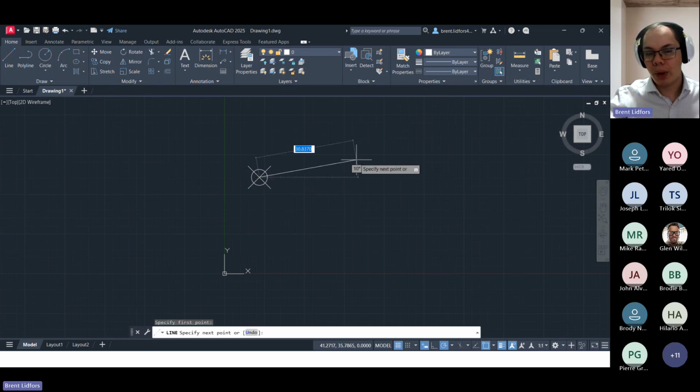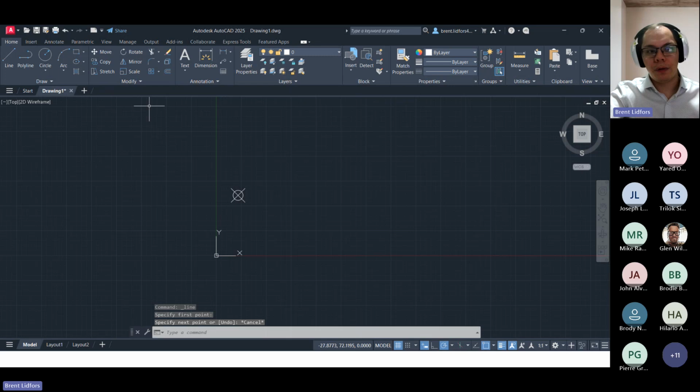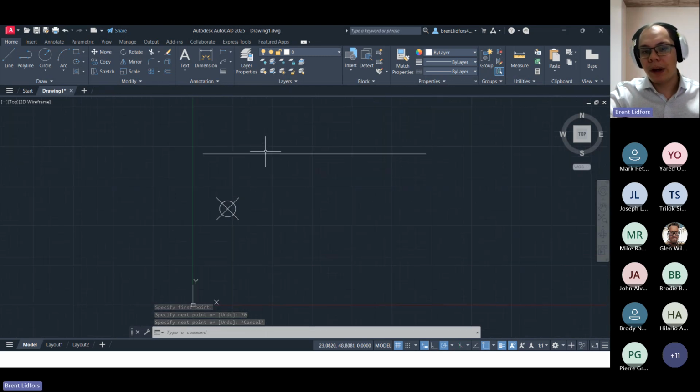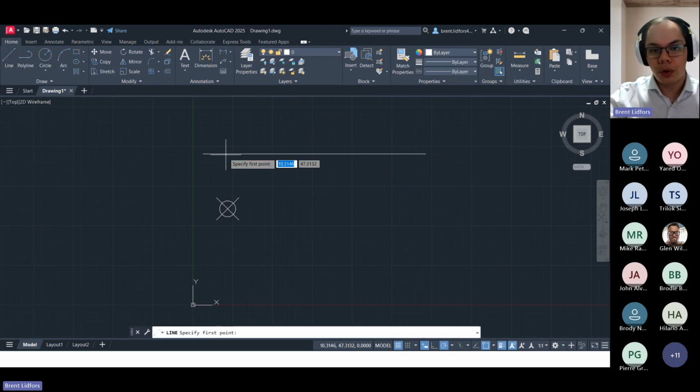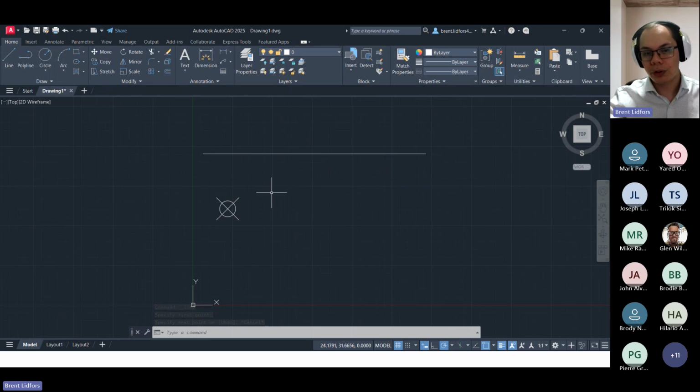So now I can snap to that point and draw lines. This can be kind of helpful at times if you have a long line segment. Let's make this 70 units, something kind of arbitrary here. If I now want to divide this line into 7 equal line segments, say I'm trying to draw lines vertically down off of this main horizontal line, and I want specifically 7 lines coming off of this first horizontal line,